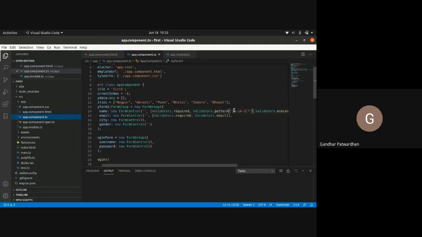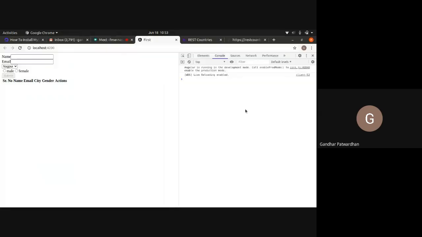Now, this is a regular expression that I am putting. What I have done here is that every name should have a pattern, and that pattern can contain small letters, it can contain capital letters, and star stands for 0 or more occurrences. That is what star stands for. So if I try to put integers or any number in it, it should fail. Let us check this out. I say A. So standard validation passed. And if I give a number, it is giving me the error: should contain only characters. So this validation is failing in this particular case.